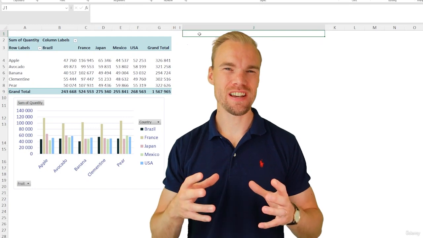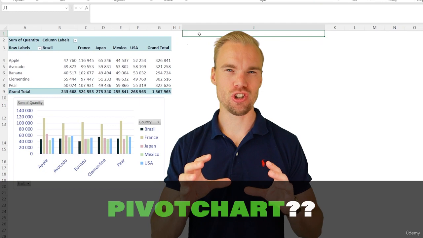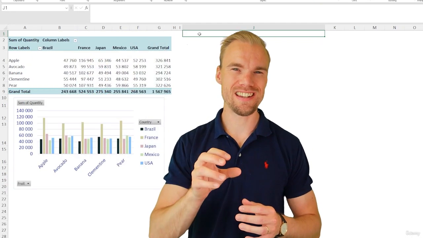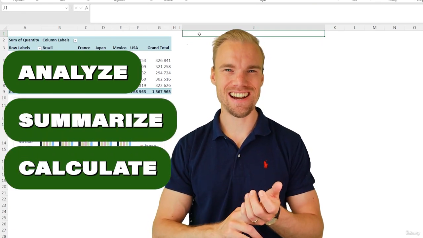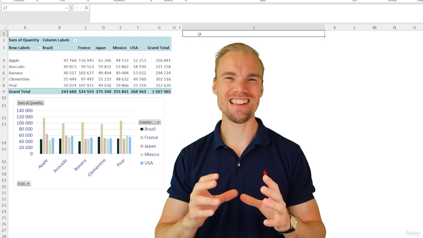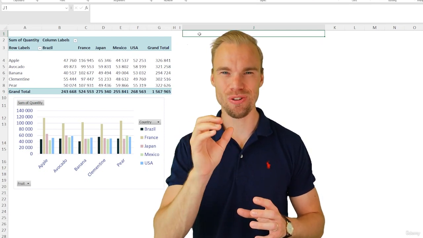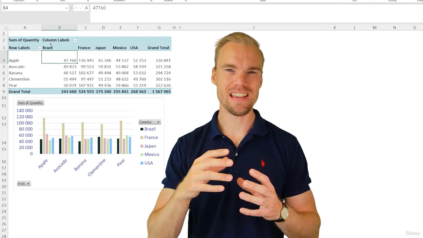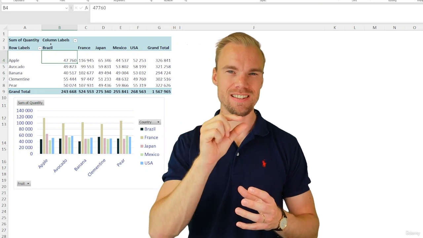Let's start with talking a little bit of what is a pivot table and what is a pivot chart. A pivot table is a powerful tool within Excel to analyze, summarize, and calculate data. What it does is that it lets you see patterns and trends within your data. Here's, for example, a pivot table that summarizes the amount of fruits that you've sold in each country, separated by